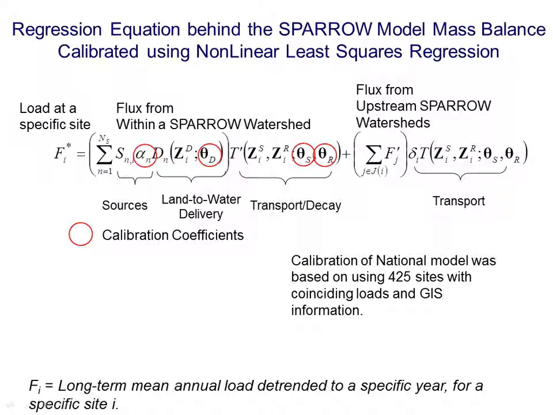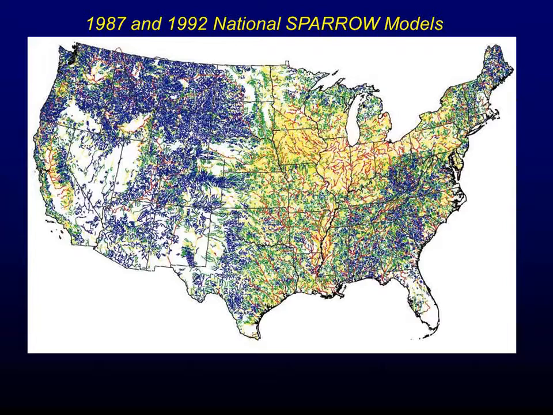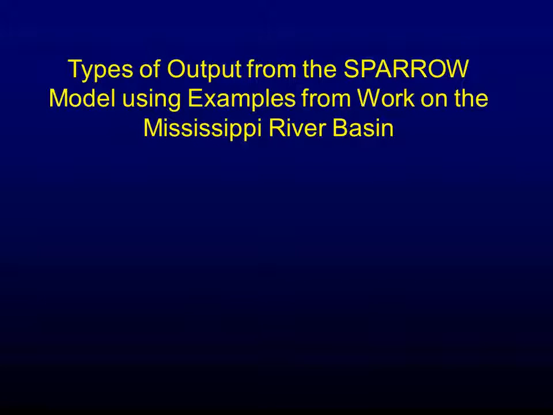So now if we go back, we describe the source terms, or the flux terms, which is what we're trying to match. Now we've got all these GIS attributes. And what we'll do is use a nonlinear regression to come up with the best coefficients to describe what's going on in the landscape. Once we're done, we'll have that big equation. We can plug in all of our variables and describe everywhere in the landscape. So this is what was done for a couple of models, the 1987 model and the 1992 model, and we're describing everything in the landscape.